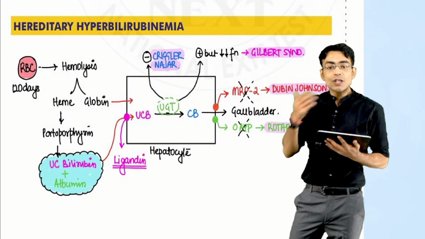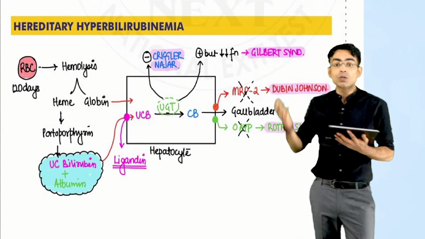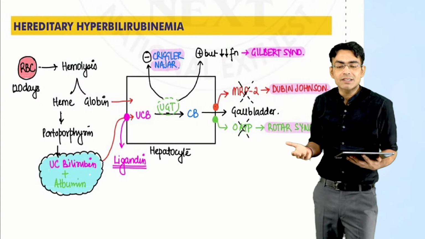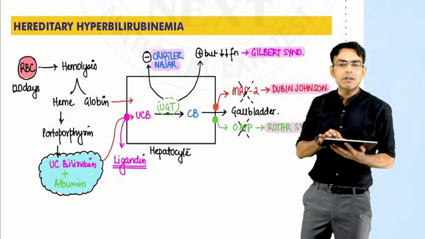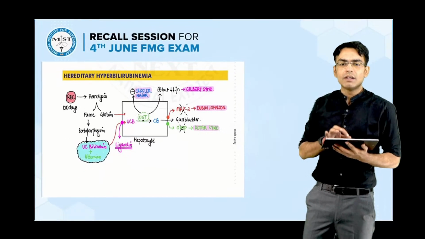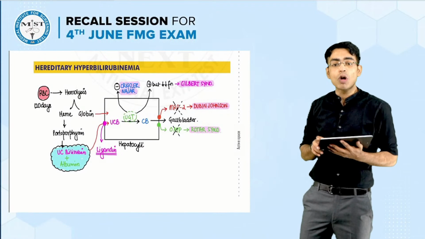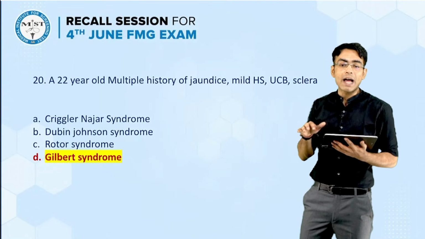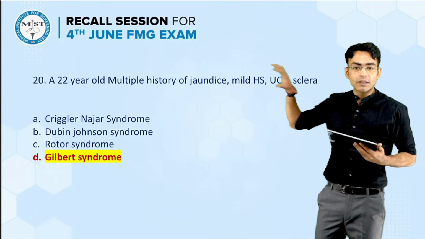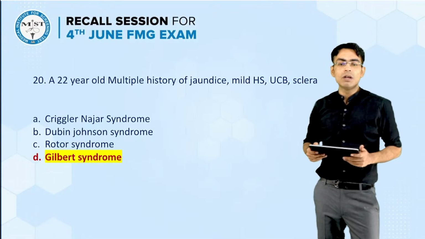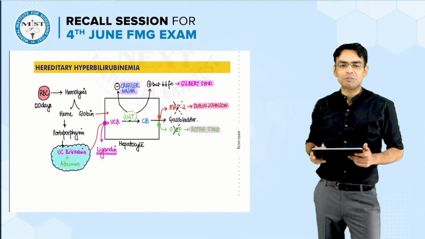Then the age group which they have given tells us that a mild jaundice would be there in this 22-year-old. Crigler-Najjar is a very serious condition. The bilirubin rises too much. So even the age given in the option, and mild jaundice, a little bit of hepatosplenomegaly, it all points toward Gilbert syndrome. And the most common hereditary hyperbilirubinemia which we have is Gilbert syndrome as well. So the correct answer for this question, by the question which I've got in a recall, happens to be Gilbert syndrome. If there is anything extra, please let us know in the comment section below.